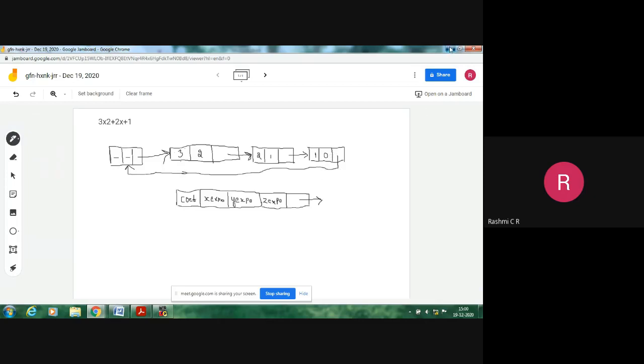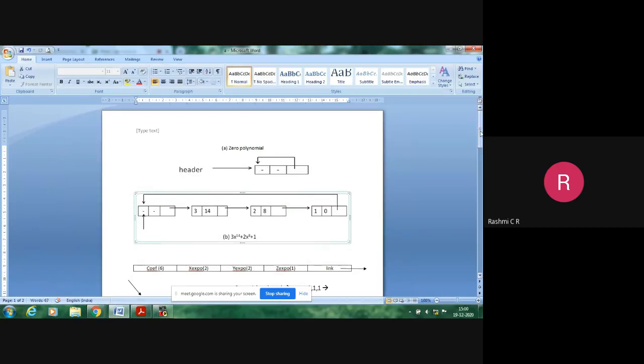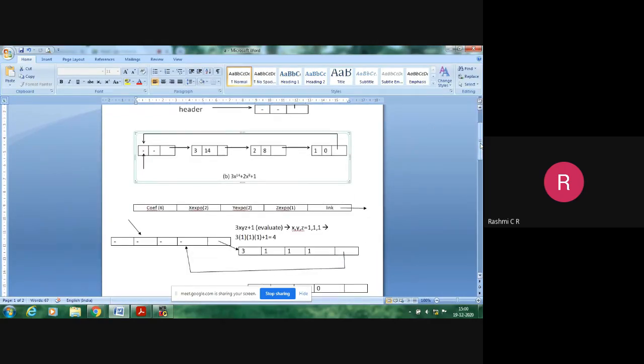That is the concept we are implementing here. So with this concept, when you look at the node structure of the given polynomial terms, we have the coefficient part, x exponential, y exponential, and the z exponential part. Along with that, we will have the link part. So we have to represent this and create this kind of linked list.